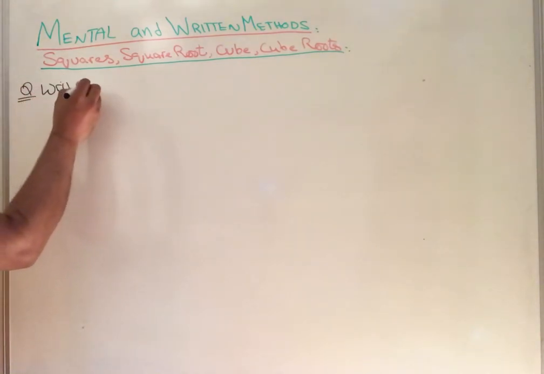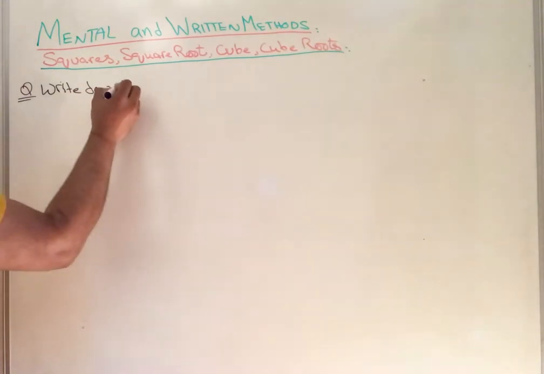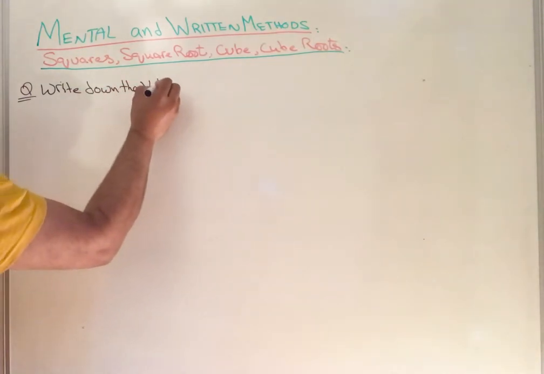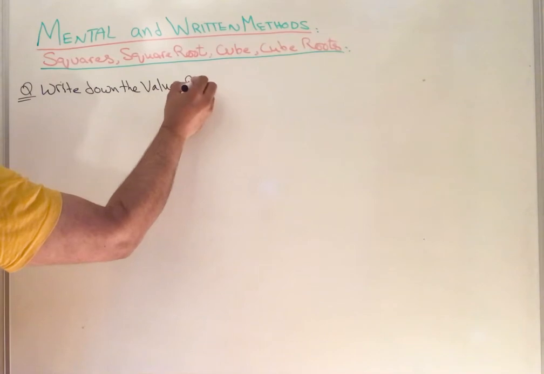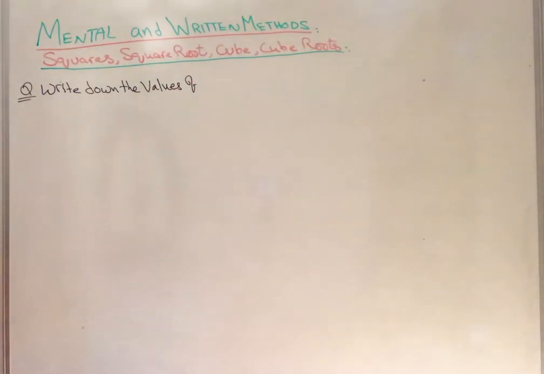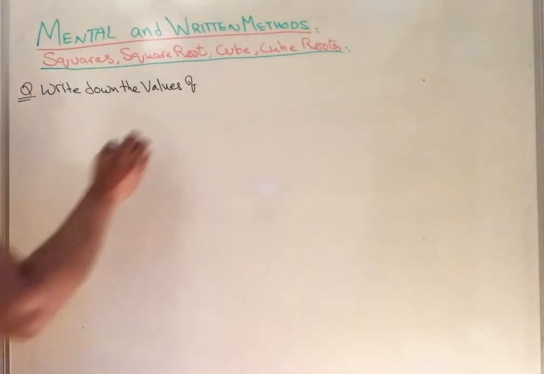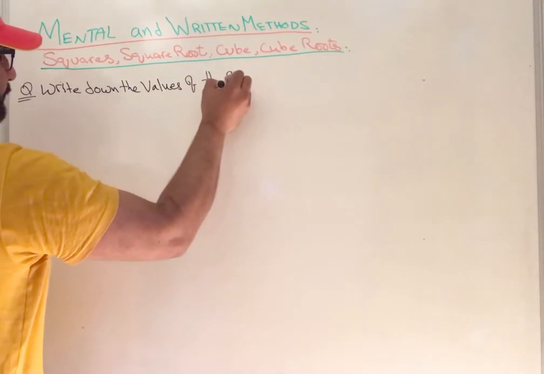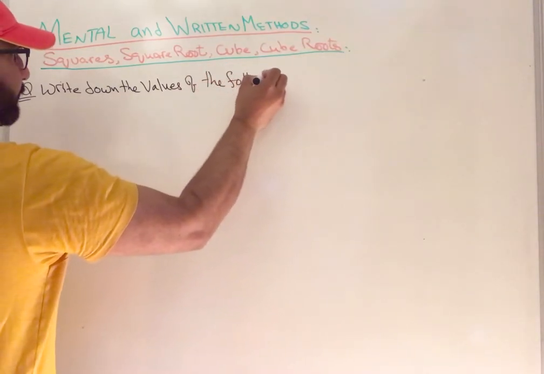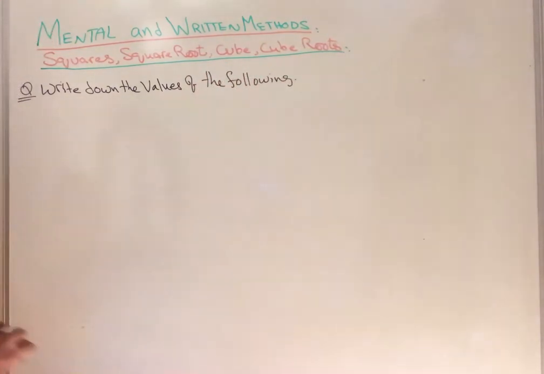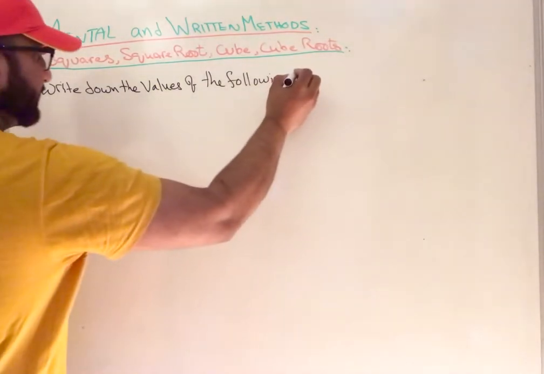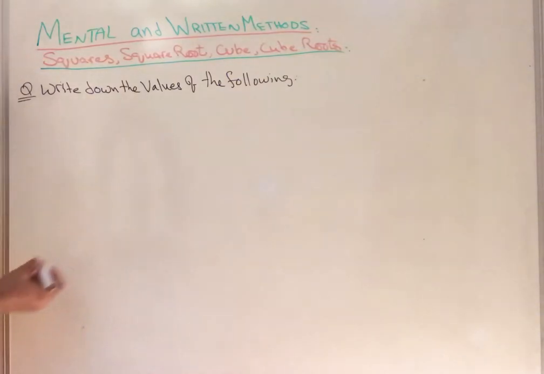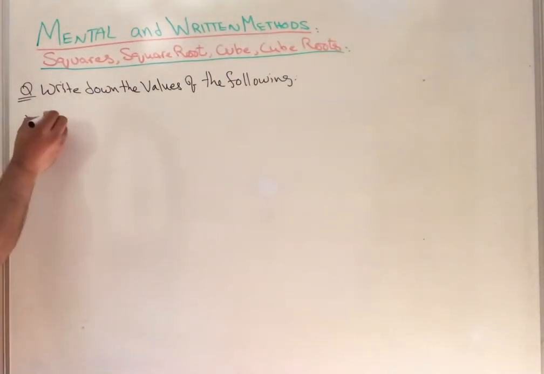Write down the values of the following. So now you can see they said to find the value of the following. What does squared mean? If they write on the first question 1 squared,